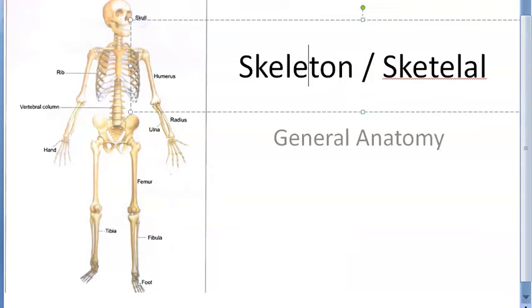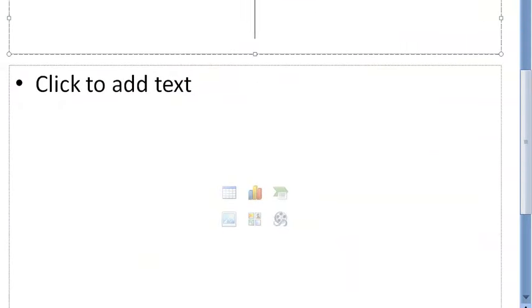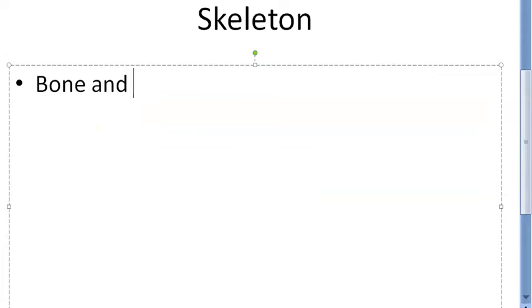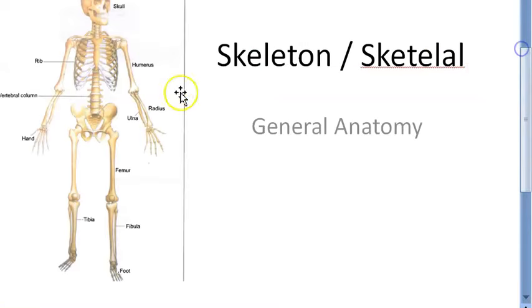So what are we looking at? We are looking at general anatomy, in which we are looking at the skeleton. What they are saying is you have bone and cartilage that make up the skeleton. And what else should you know? It is the supporting structure. Basically, what we didn't tell you is the spine, the vertebral column, that also you should know here.